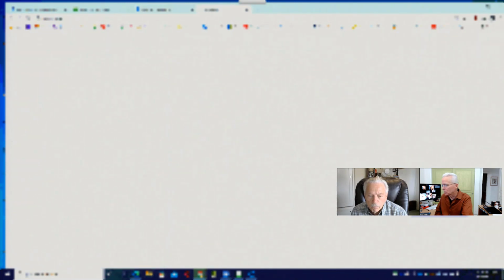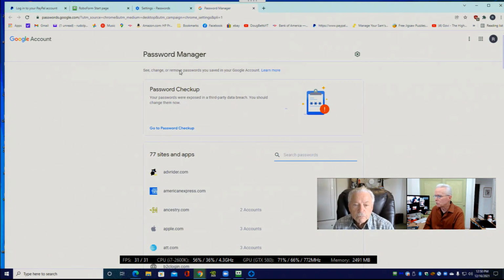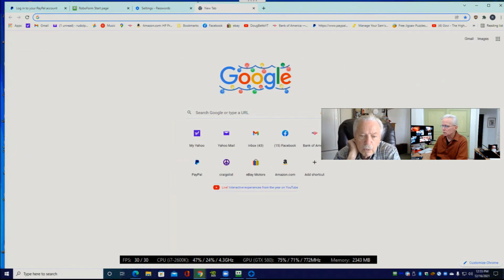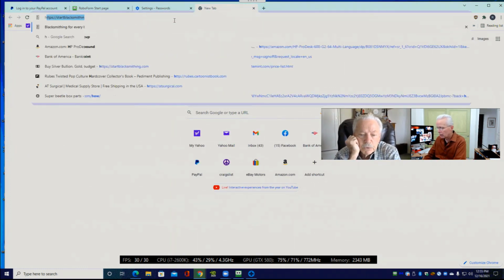I'm going to click on that Google account to show where that takes us. And here we have a similar screen. It's a password manager. To see, change, remove passwords in your Google account, password checkup, 77 sites. Let's go take a look and just ask Google how